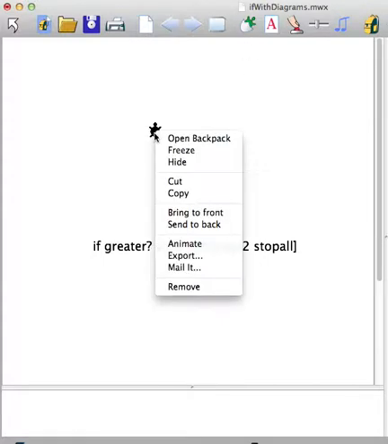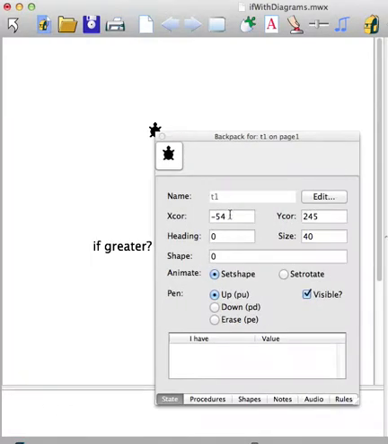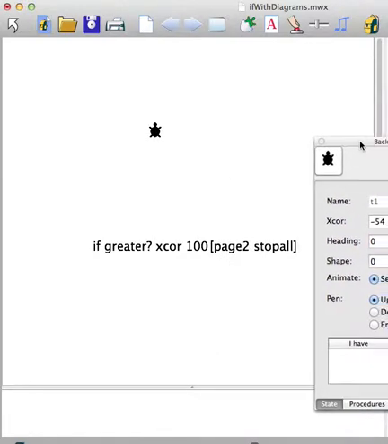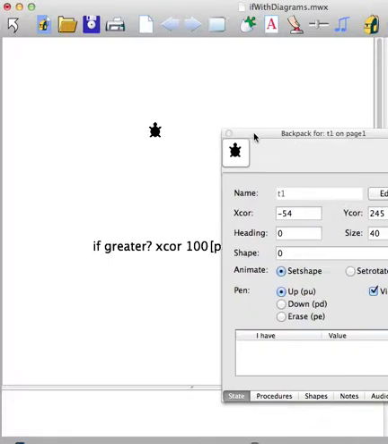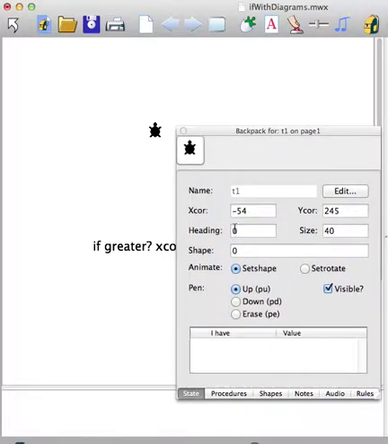So this might be something you would use, for example, in your backpack. Let's see. So right now this guy's x core is minus 54. So x core is going to report minus 54. This is going to turn out to be false, and it's not going to do anything. But if we set this guy's heading to 90,